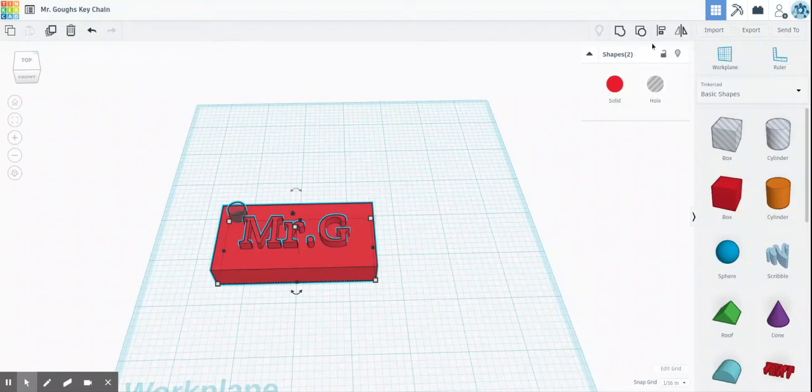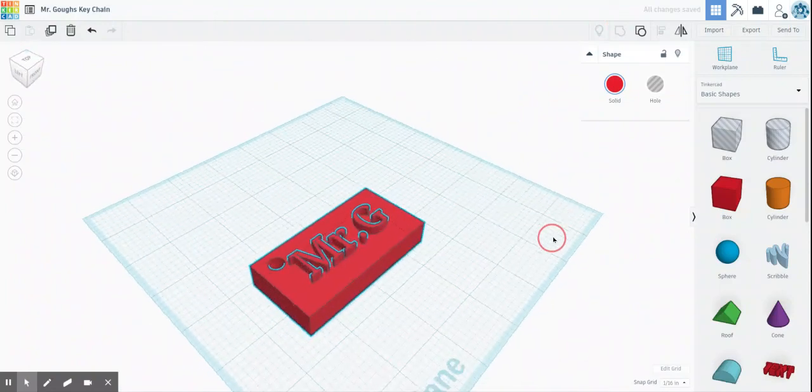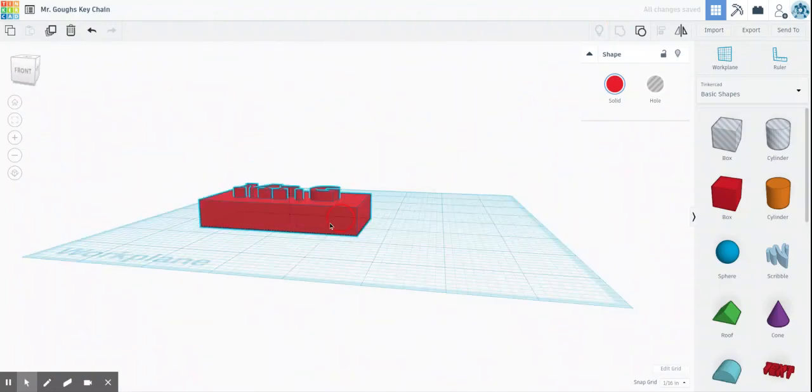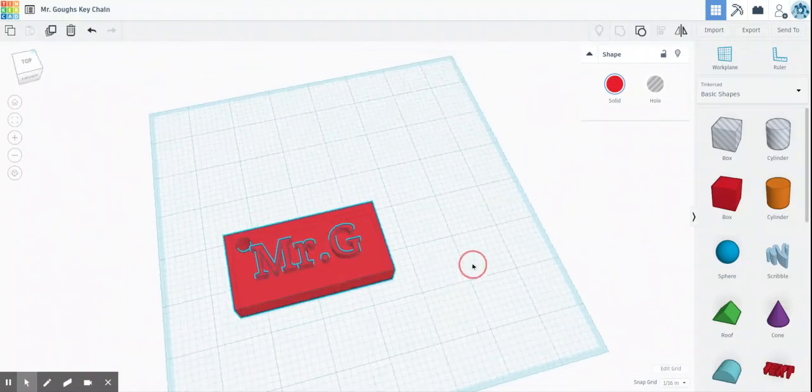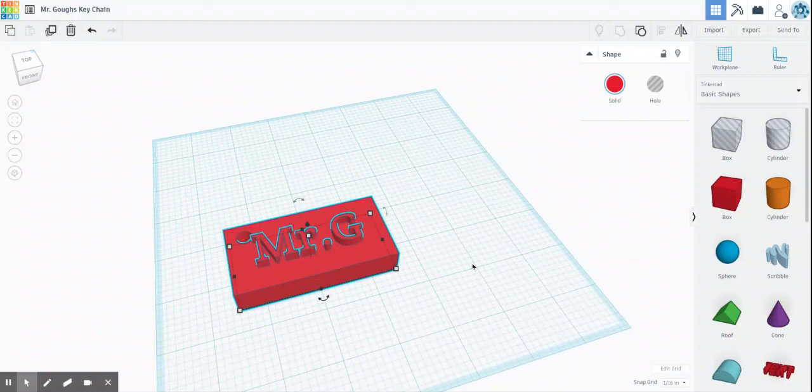At this point, guys, all I'm going to do is group them together. Make this entire project one item. I have the hole in the corner, and I have my text centered on my keychain. Hopefully, this is a little bit more of a fluid way for you guys to understand the steps that we've gone through, have a basic understanding of them, and if you have any questions while you're making your own, feel free to